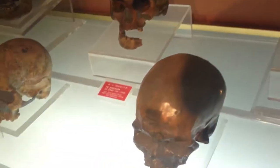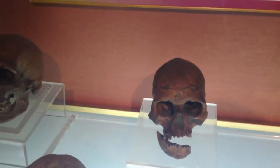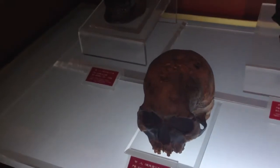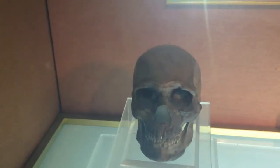Late Homo sapiens, Liujiang, Guangxi. Late Homo sapiens, Cro-Magnon, France. Late Homo sapiens, Upper Cave, Zhoukoudian, Beijing. Late Homo sapiens, Minatogawa, Japan. Late Homo sapiens,